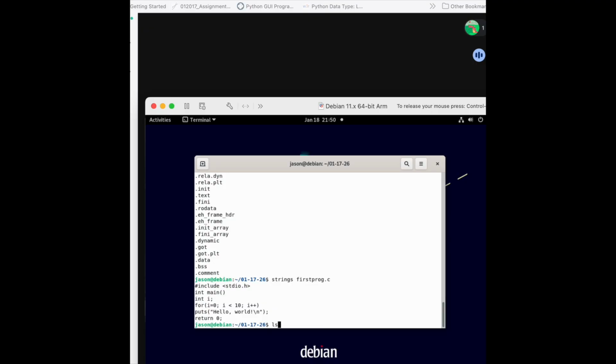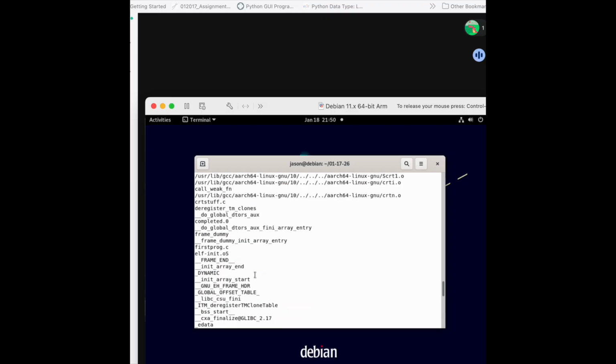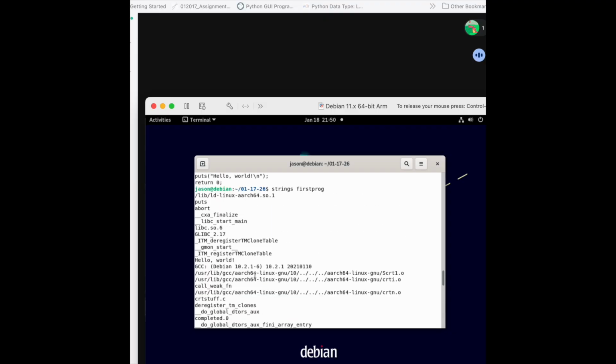Now I ran it before, strings firstprog, and here it prints all the strings that are at least 4 bytes long, and we see puts, abort, and then we can see that it shows